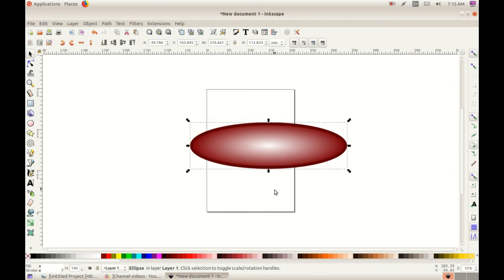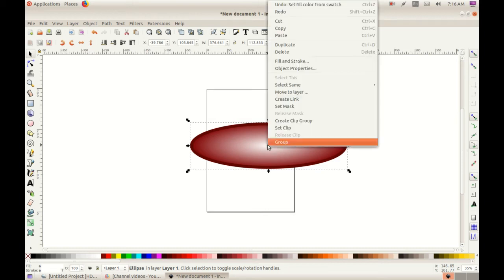Yes. Now we are drawing a concentric circle. That means I want to create one more circle at the center by creating a concentric. How will you create a concentric circle? The last activity we learned it. Right click, duplicate.